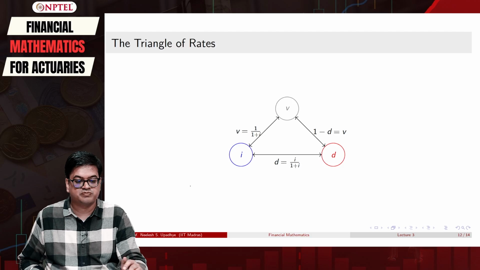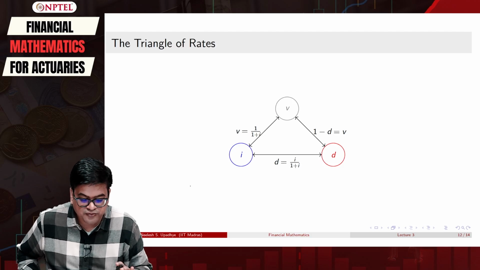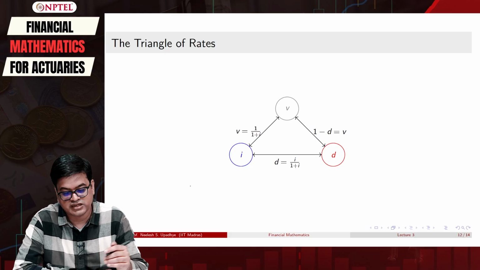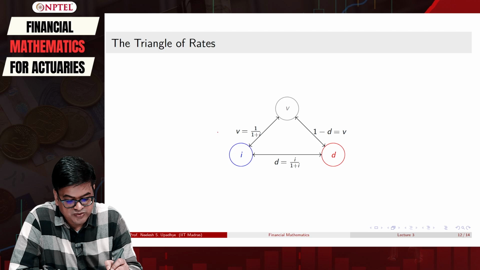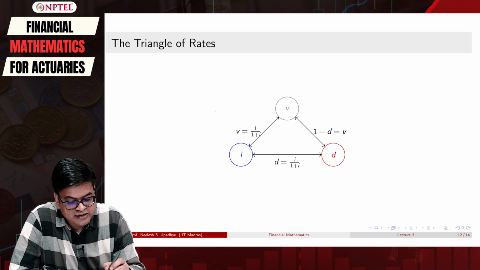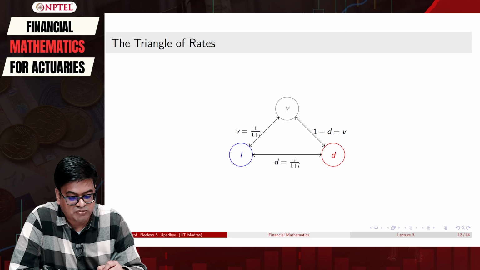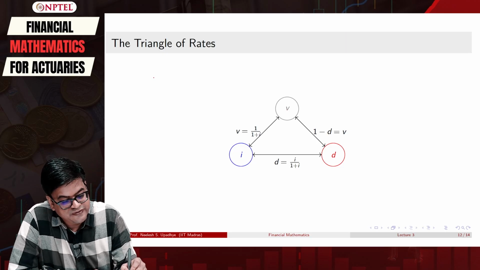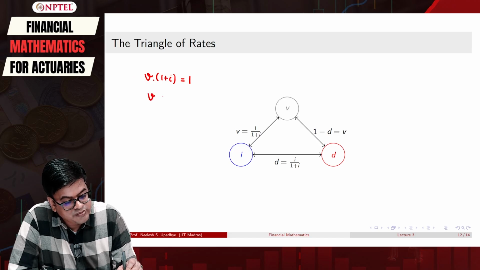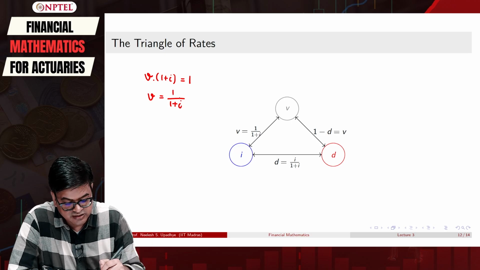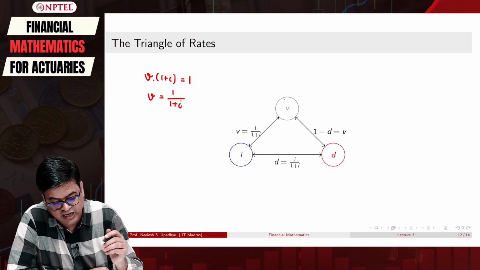Okay. So this particular discussion comes up with one full circle, and this triangle is actually summarizing whatever we discussed in today's class. First, we started with this notion of V and we related it with I. So from I, we understood that if I am starting with 1 plus I as an interest for period 1, I want to get 1 as this, then how much should I invest? So this gave me V is equal to 1 upon 1 plus I. Okay, that is very clear. So that gave me this relation, connection between I and V.